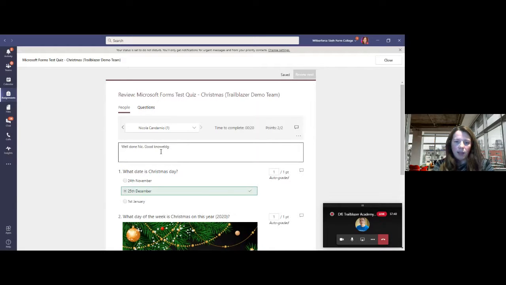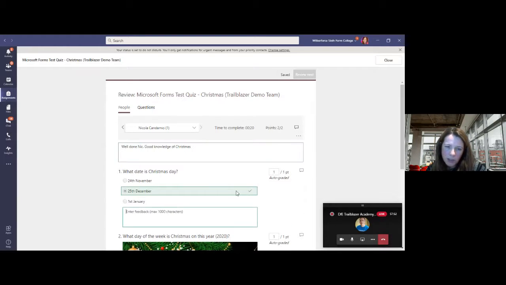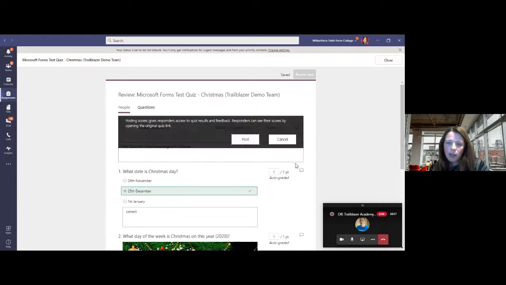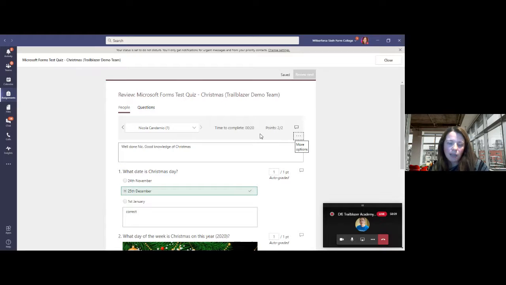Good knowledge of this. You can also give feedback to specific questions. So fairly obvious that's correct. And then when you're ready to post, send it back to them to look at that feedback on Forms, post scores. So Nick will now be able to see, if she goes back into that quiz, she'll be able to see the feedback.